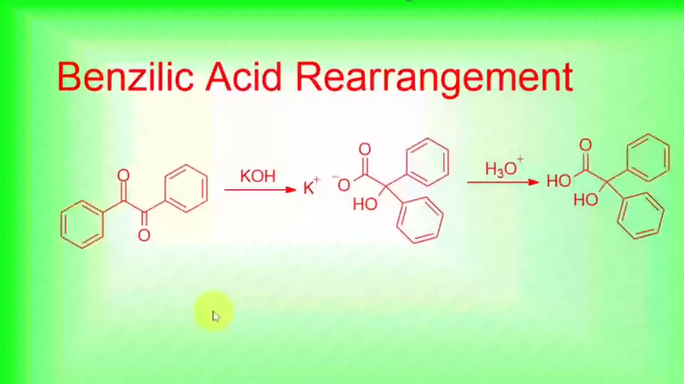In this rearrangement, a molecule like this, that is a 1,2-diketone, this molecule is actually benzil, will react with KOH or an appropriate base, and will convert into the salt of benzilic acid, which on protonation will give you benzilic acid. This molecule is benzilic acid. Any rearrangement of this type is known as benzilic acid rearrangement. So in benzilic acid rearrangement, a 1,2-diketone gets converted into an alpha hydroxy carboxylic acid in the presence of a base through